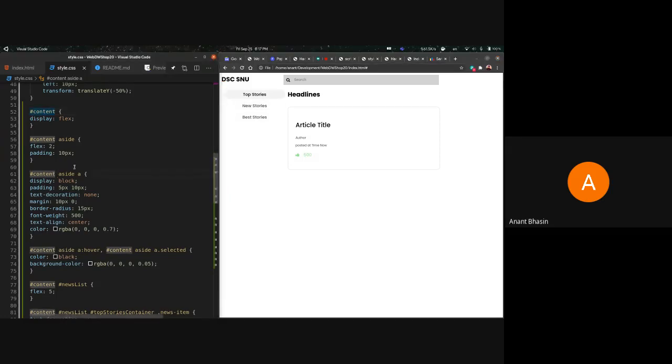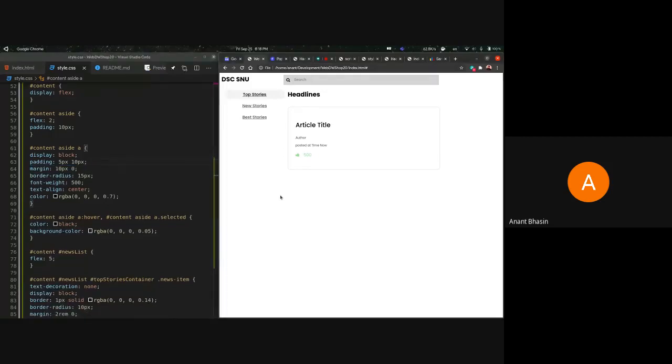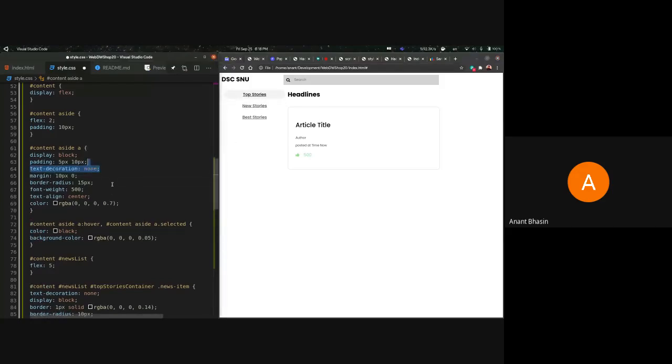And then inside of the aside, we have the A tags. These A tags are display block, and we have given them paddings. Text decoration none, because if I remove this, if we haven't discussed this before, they have an underline. We also have given a color over there. That's why they're not blue. If we did not have color and text decoration none, they would appear blue and underlined. That's why we have text decoration none. Margin of 10, so they have spacing between them.